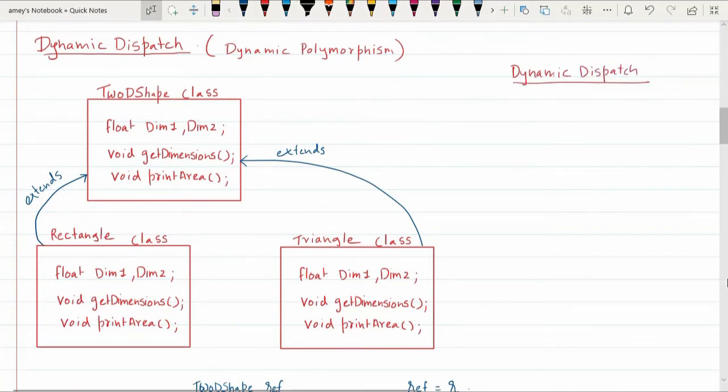Okay, I will now show you the small demo. First, we are going to create a reference variable of 2D shape. Note that whenever you define such a statement, in the heap, the object is not yet created.